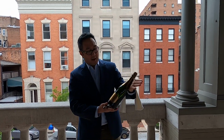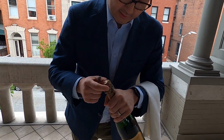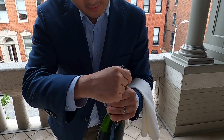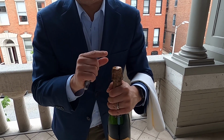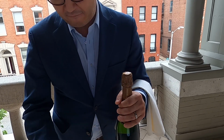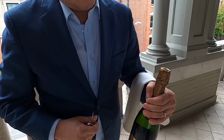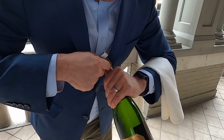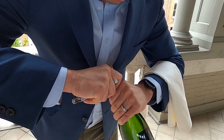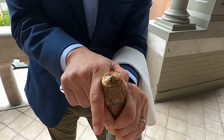So one thing to keep in mind is to leave the foil and the cage, which we can tell by even feeling and seeing the indentations here, that's under the foil, we leave that intact. So what we do first, we take our wine opener and the blade, and most bottles of sparkling will have some sort of perforation or tab, but just to make sure we get a clean separation, we're gonna cut around,